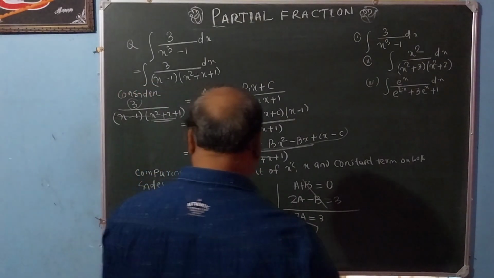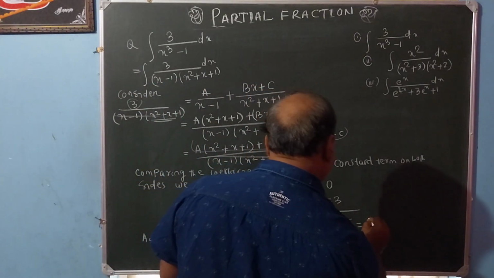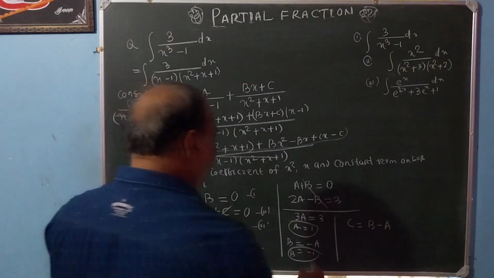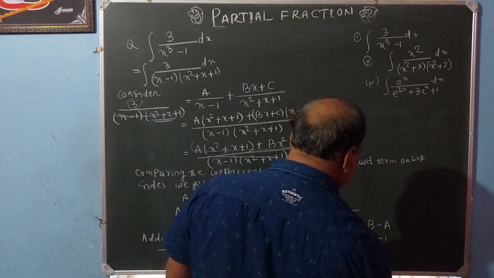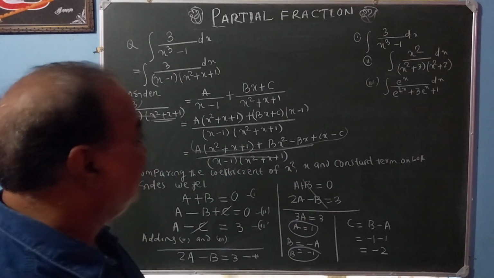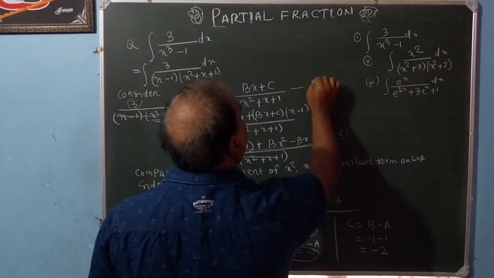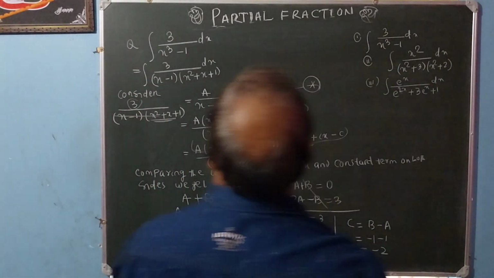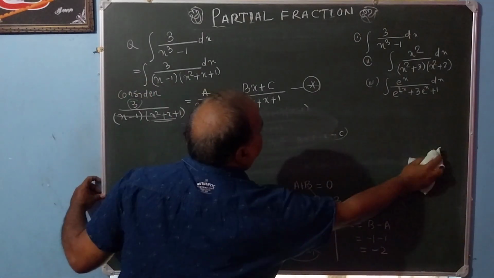Then write down the value of c: c is equal to b minus a. The value of b is minus 1 and a is 1, so c is minus 2. So all the values of a, b, c are found. Now putting the values of a, b, c in equation star, the star becomes